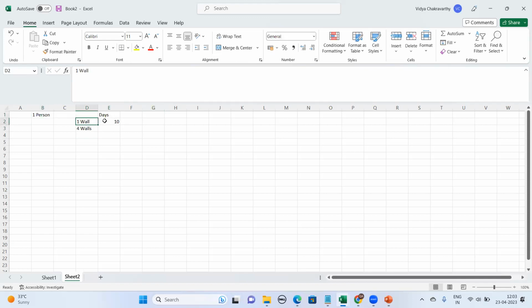1 wall takes how many days? 10 days. 4 walls takes 40 days. Clear? Any simple mathematics? One wall takes 10 days, 4 walls takes 40. Simple. Now,